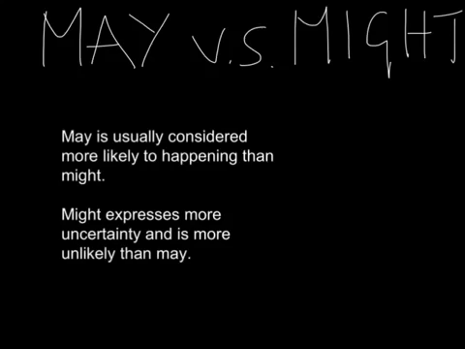Okay, so the difference between may and might. The difference is quite subtle, actually. They both indicate that something is possible, but something that may happen is more likely than something that might happen. So you may go to a lesson with your teacher, Gustav is there, but you might go to the lesson if he's sick.